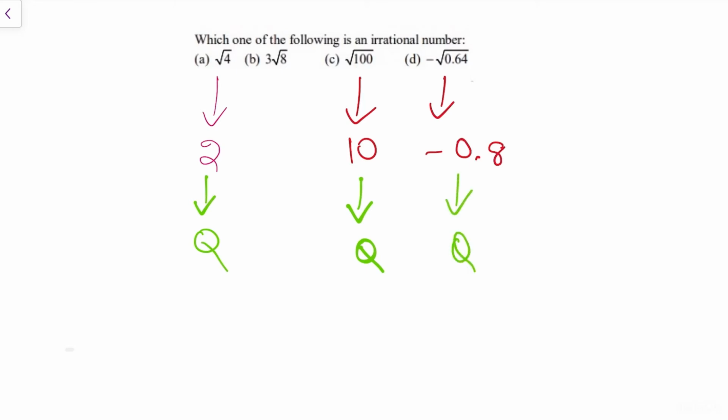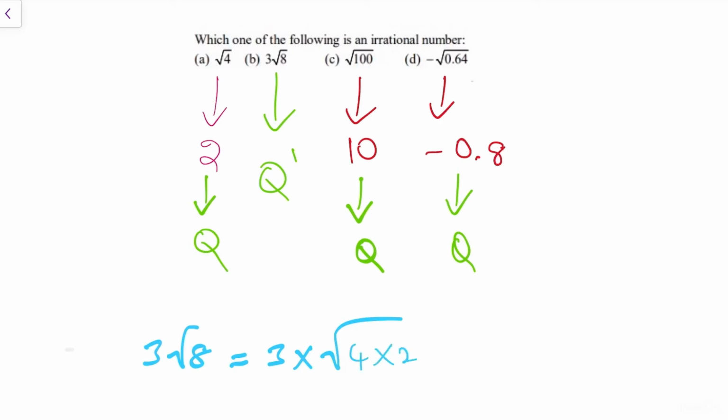Minus 0.8 is a rational number again. In the question he is asking which is an irrational number, then definitely this 3 root 8 is an irrational number. I mean, these three options are irrational numbers. That's why I am saying that that is an irrational number. Let us check then whether it is really an irrational number or not. 3 times root 8 is there. So which is equal to 3 times root 8.